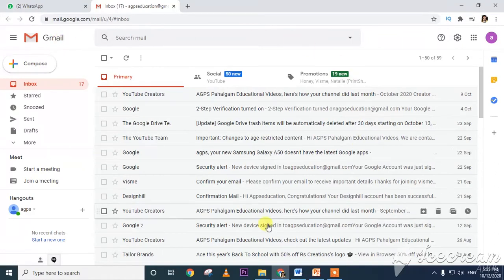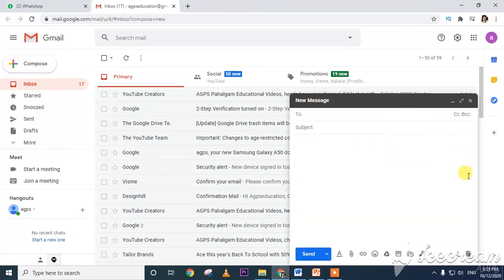After opening this, I'm going to click on compose, which appears on the left pane. Now click on that. A small dialog box will appear here. Now what we will do, in the To address, suppose you are sending a mail to the vice principal, so I'm writing here vice principal @gmail.com. I have written this.